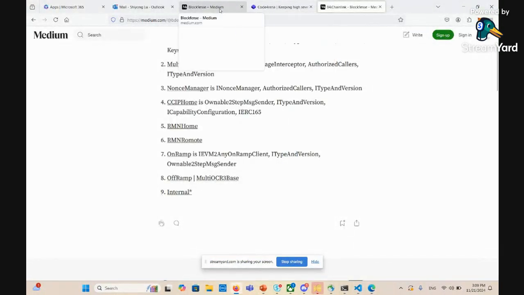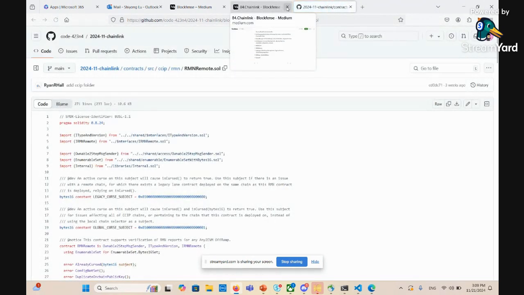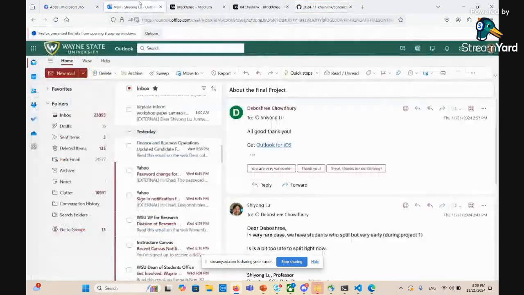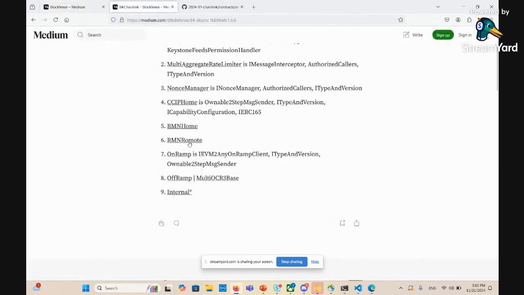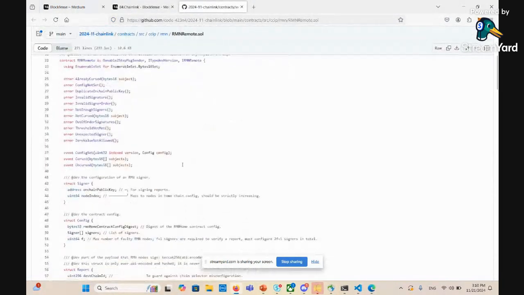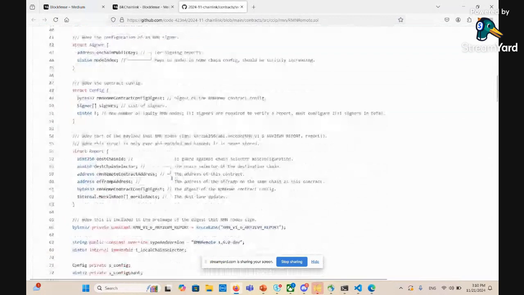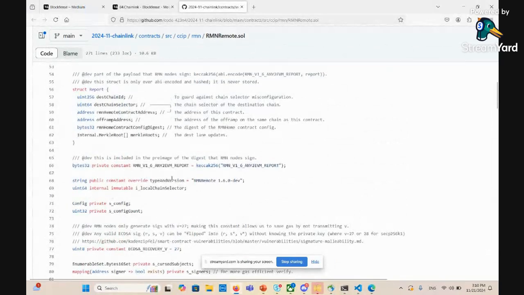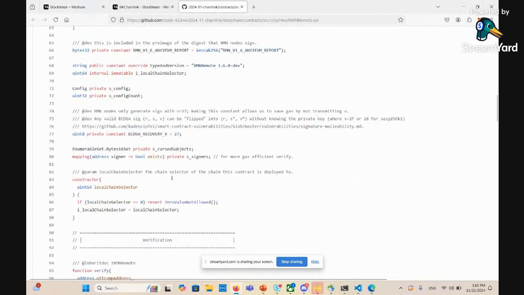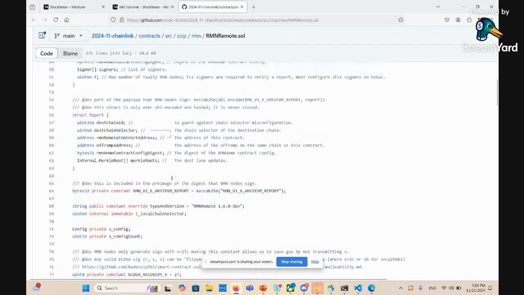Okay, so that's going to be RMNRemote over here. Let me close the rest of them to make it cleaner. So RMNRemote over here. As I mentioned to you, basically there are two important things. One is you are able to mark if something is cursed or not cursed, which is managed in, let me show you,